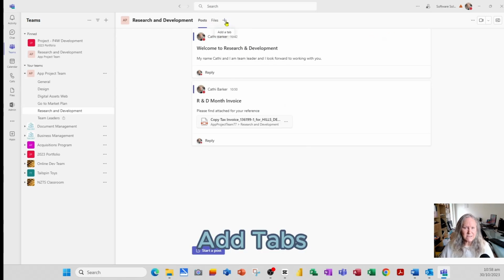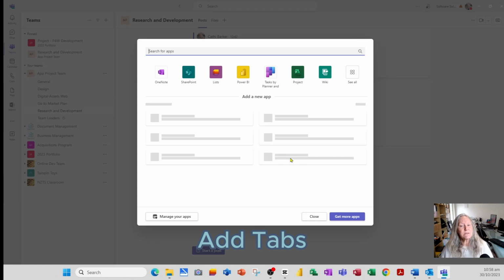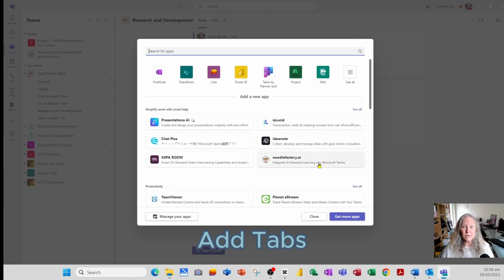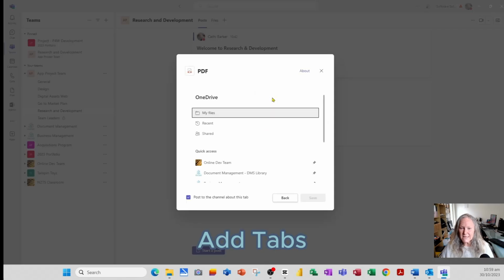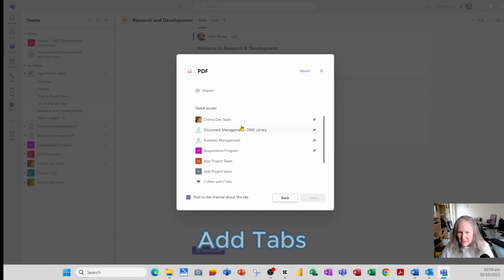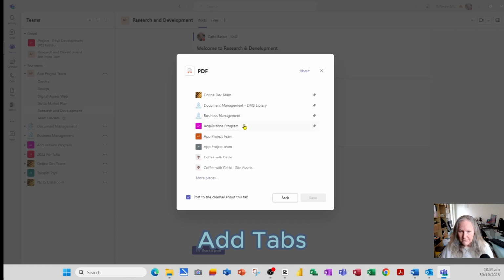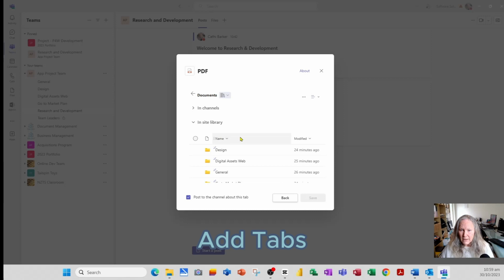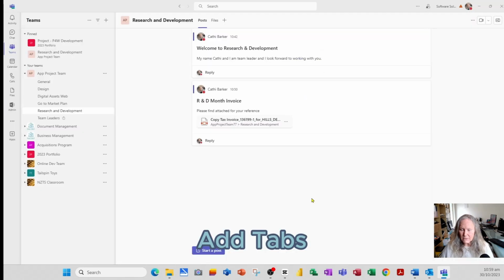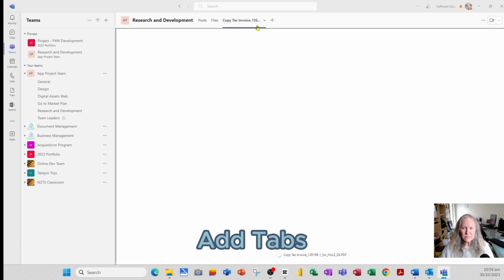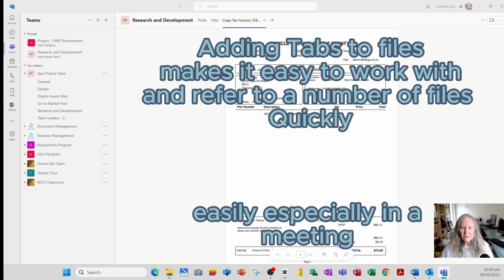If I want to add a tab, I hit the plus and I can simply choose what type of application I would like to add a tab to. Let's say I say see all, and let's say I want to see a particular PDF file. And I want to create a tab to my files that are associated with this particular team, app project. And I'm going to go into research and development, and I'm going to go to this particular file here, and I'll save. So I've created a tab to that particular file, which makes it a lot easier for me to